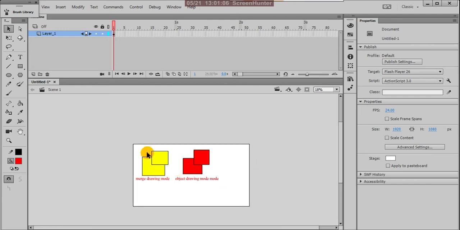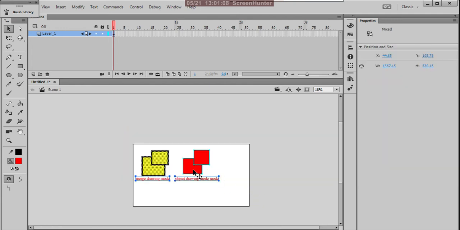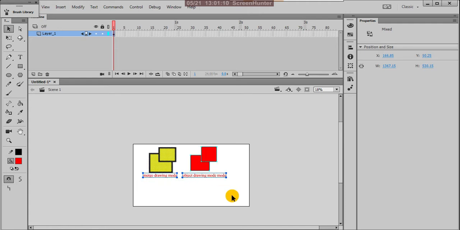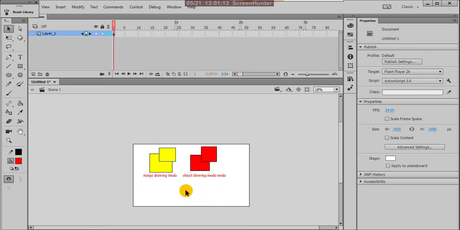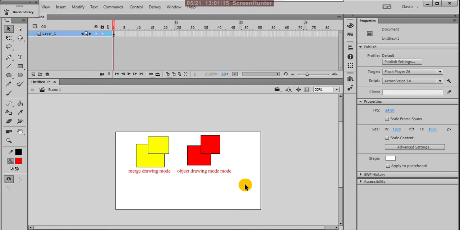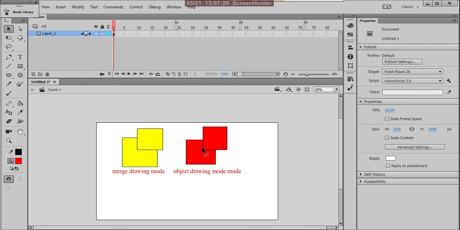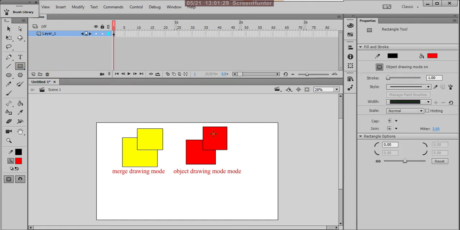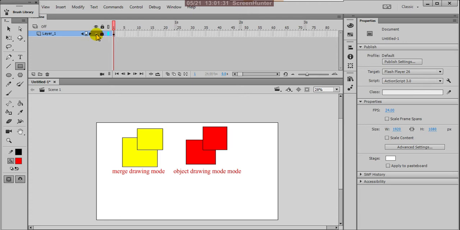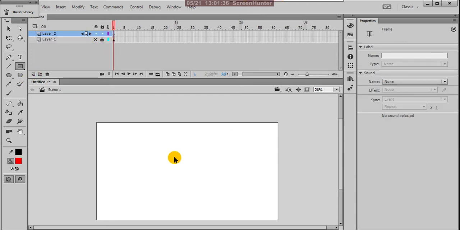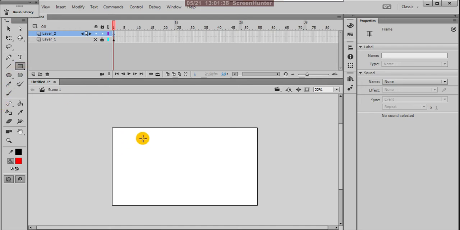Now come to why these two modes exist in Flash or Animate CC. What is the purpose? What is the usage of these two? Sometimes when you animate anything, suppose there is a hand, we have to animate the hand. Here I'll give one example.